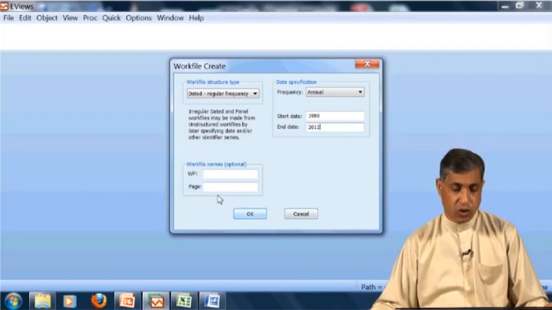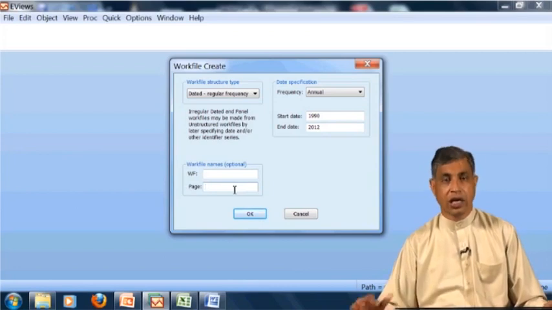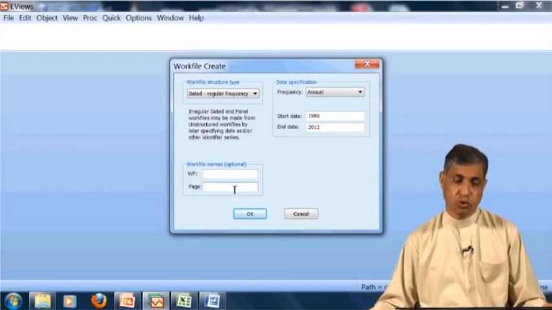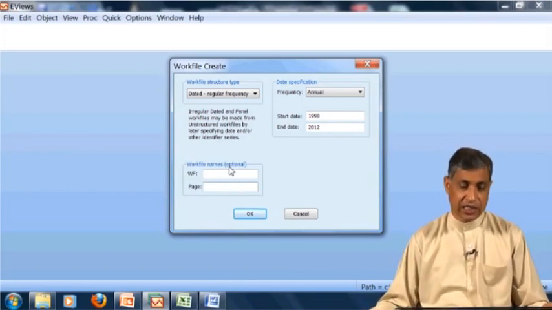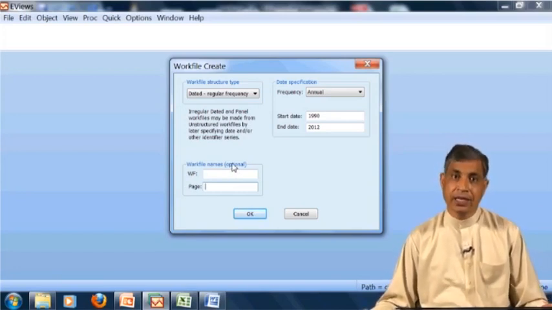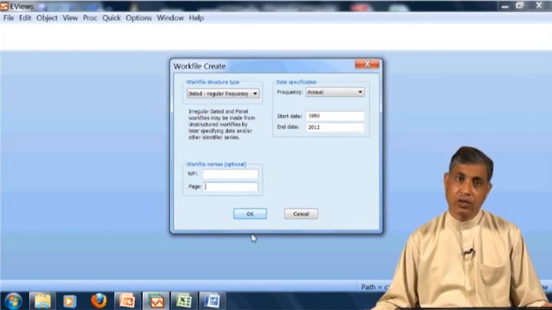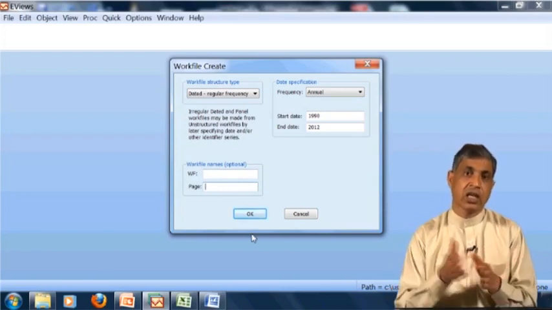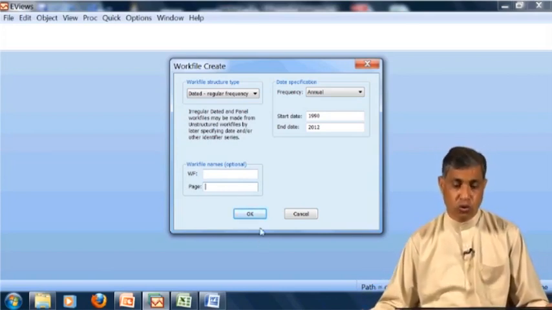Now these are optional, and I think at this stage they are irrelevant to you, because if you look, it is showing that it is optional. As we are beginners in EViews, we will not go into this. If we do, we will lose the core objective.